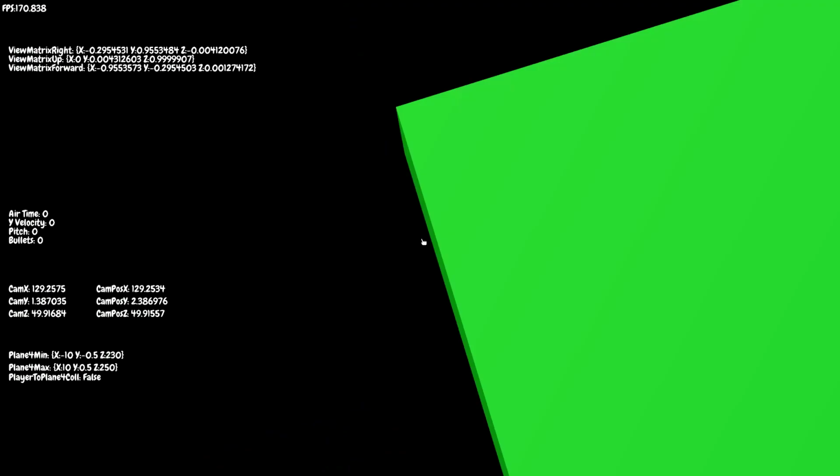It's flipping the right a bit as well. Yeah, it's flipping it to the right, and the up stays. And that's because when I'm looking down, I'm directly along the y-axis, and when I try to look further down, the calculation from cam position to cam target is now, I guess the best way is to say, it's behind the